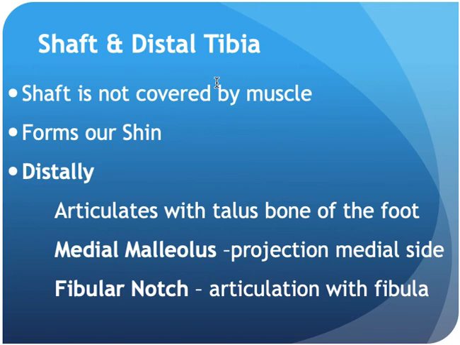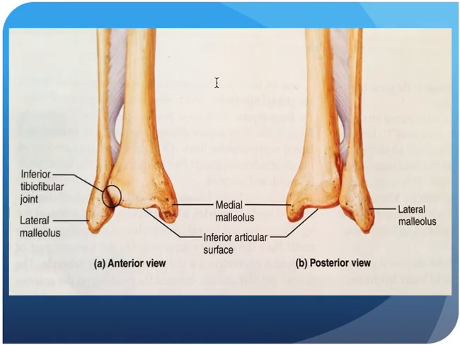So at the bottom part by the ankle with the tibia and the fibula, there's not a lot of landmarks I can ask you. So those malleoluses are going to be the ones that end up on your exams. So here are my pictures. And again, we have our tibia making our knee joint and our ankle joint. So distally, it makes that ankle joint, interacts with all those bones in my foot,